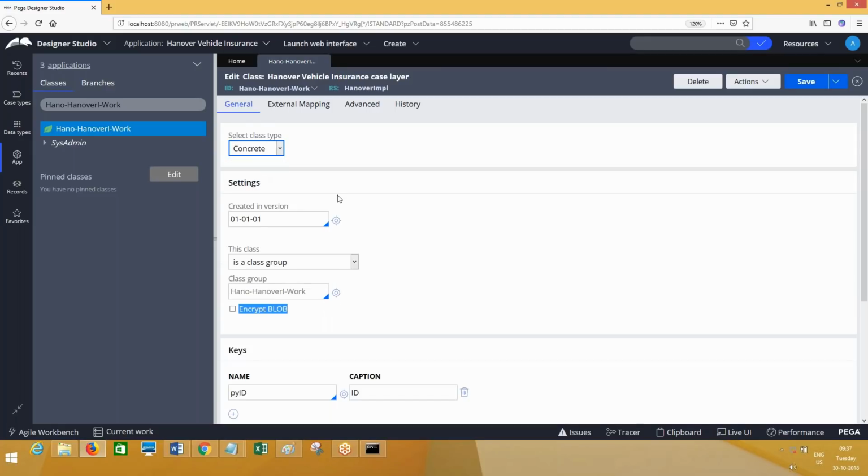So if you want to make it a class group, first of all, it should be concrete. There are other options also, we'll discuss later. If it has to be a class group, the first condition is it should be a concrete class. Then only you have that option. If it is a class group, it must be inherited from the ODB class, work dash or children of work dash also. Fine. Direct inheritance.